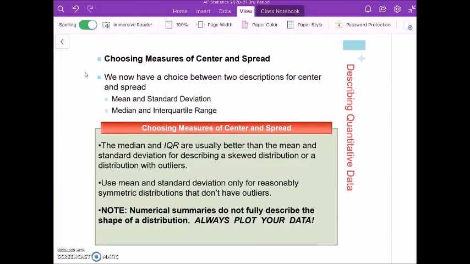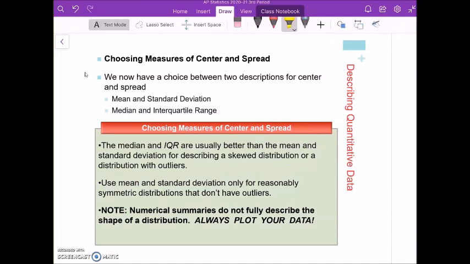Okay, so we already talked about choosing measures of center and spread, but you do want to pay attention to this. Just know that you can't just go by the summaries of the data set. If, for example, you're given a 5-number summary, that's not enough to make a decision about your data. Again, you always want to use mean with standard deviation, median with interquartile range, and the big